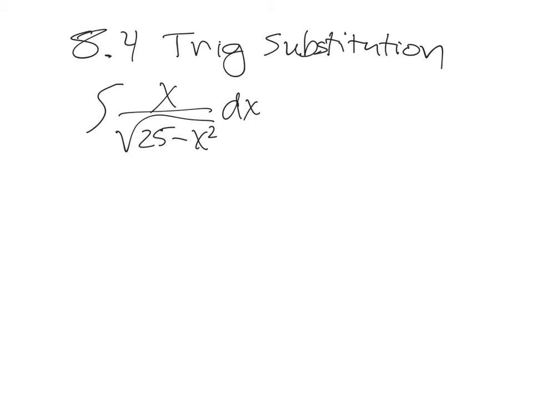Let's say we have something like this. Something like that, we could use a straight substitution. But let's say we have x cubed on top. That one you couldn't do straight substitution. This, we would want to let x equal what? 5 sine of x? Oh, sine of theta. Okay, right, 5 sine of theta. Because when we substitute that in here,